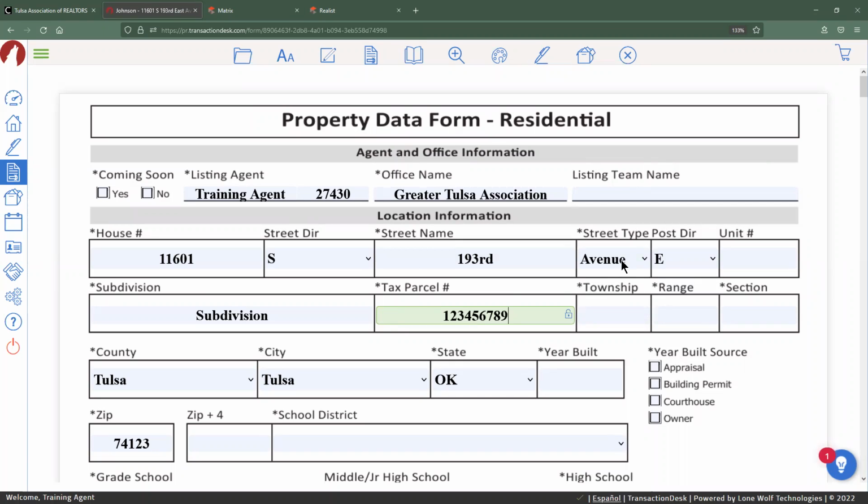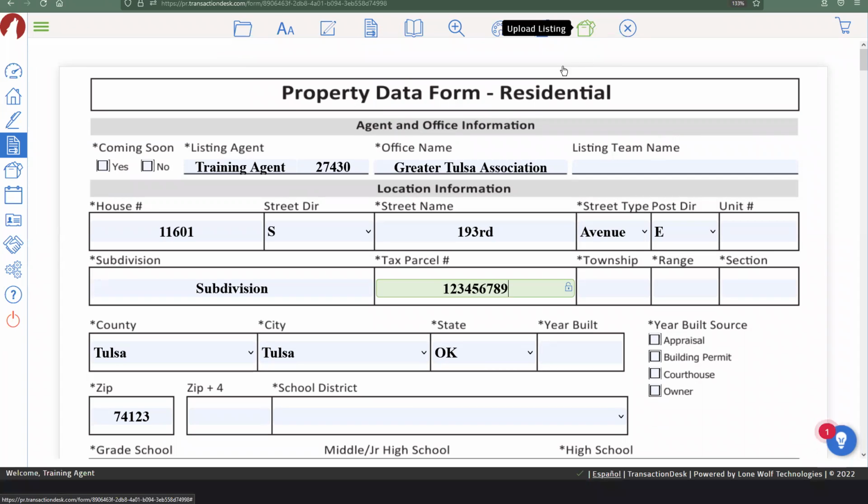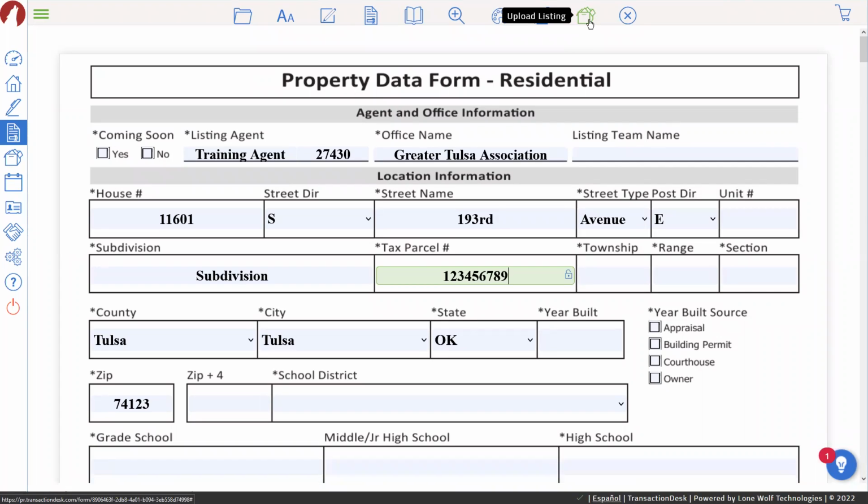So we've got some basic details put in here, but the important note whenever you guys are filling out this property data form is right up here at the top. There's an upload listing button. Now, I did want to clarify for you guys, this upload listing button is only going to appear if you have add edit permission. If you don't have add edit permission, that's something that your broker can actually give you guys access to. There is some information that you guys will need to fill out on that front, but just keep that in mind if you would like to make any detailed changes or actually put in your own listings or whatever the case may be. You can ask your broker for those permissions.